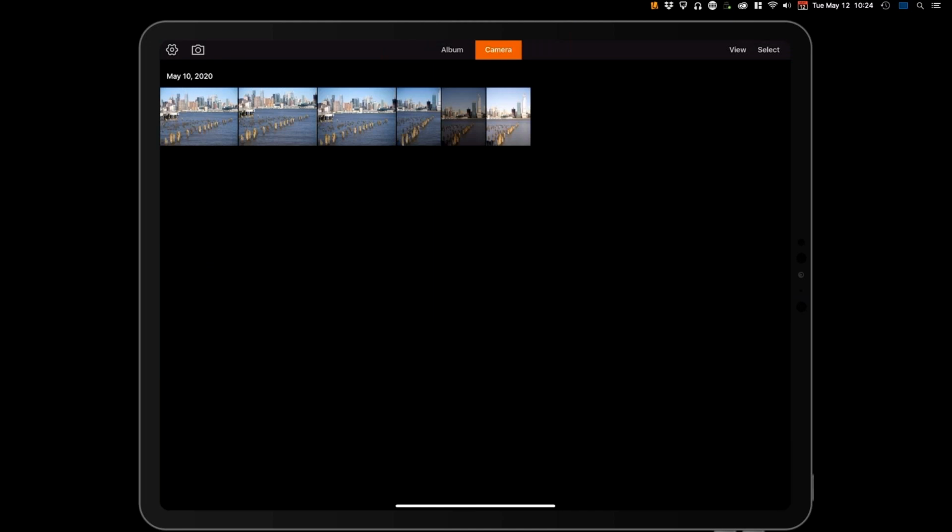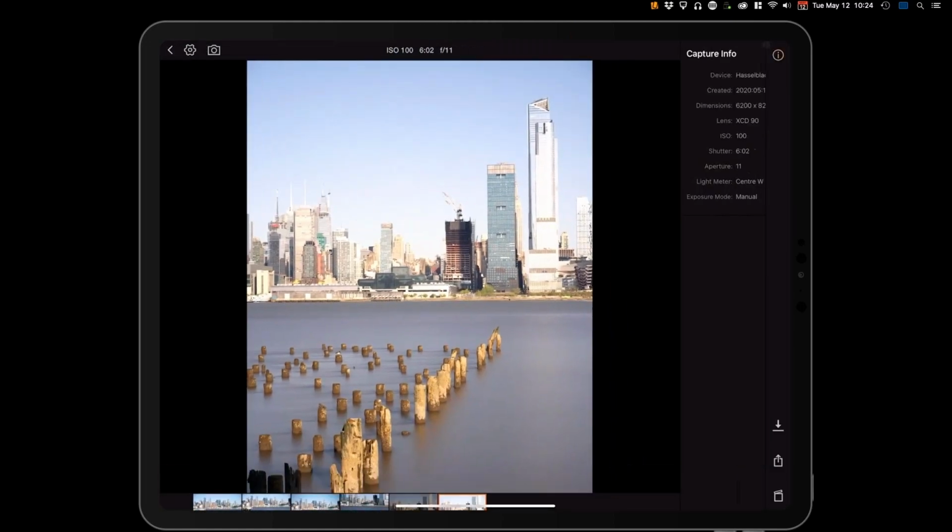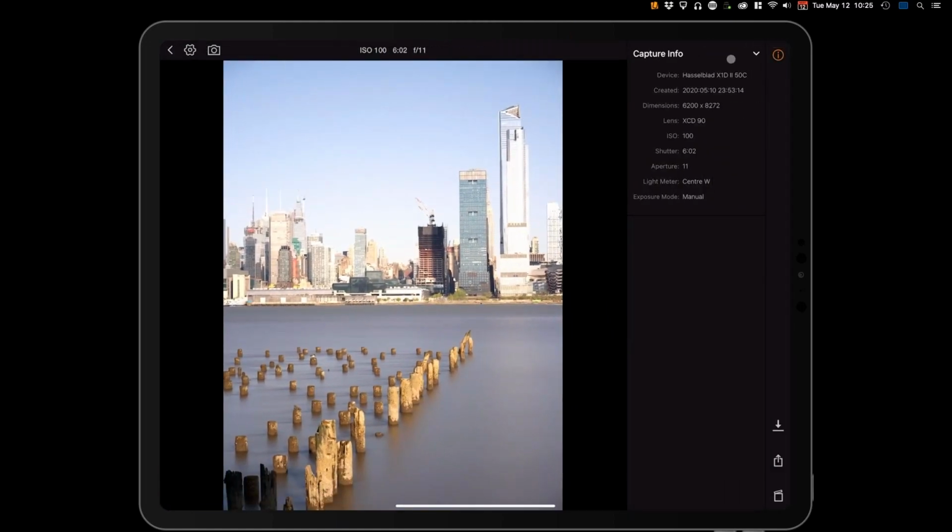And to import those, all you need to do is either pull one up, where you can see some metadata information, or you can back out to the grid view and press select. And from there, you can click on multiples just by tapping them, or you can also just drag your finger to select multiples or deselect them. So in this case, I'll just pick 3 examples there, and then click the download icon at the top left-hand corner here, and select Save to Local Album.